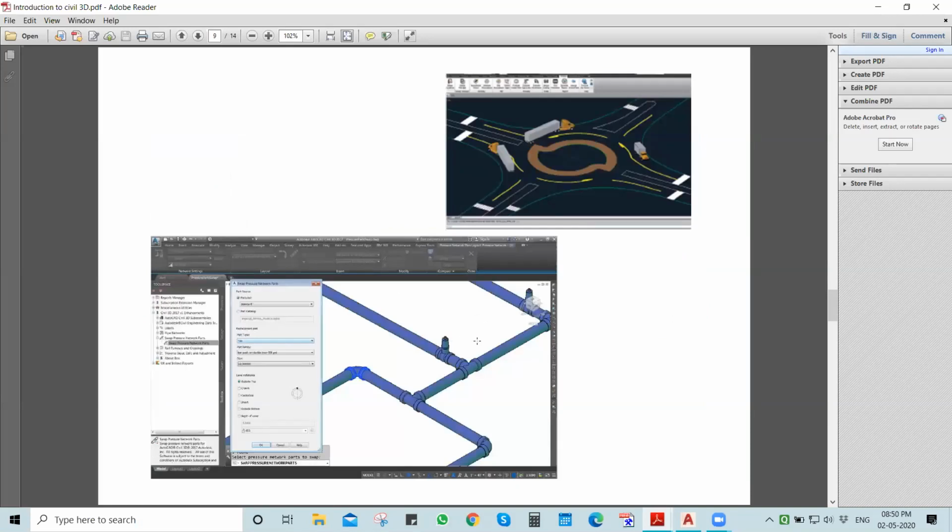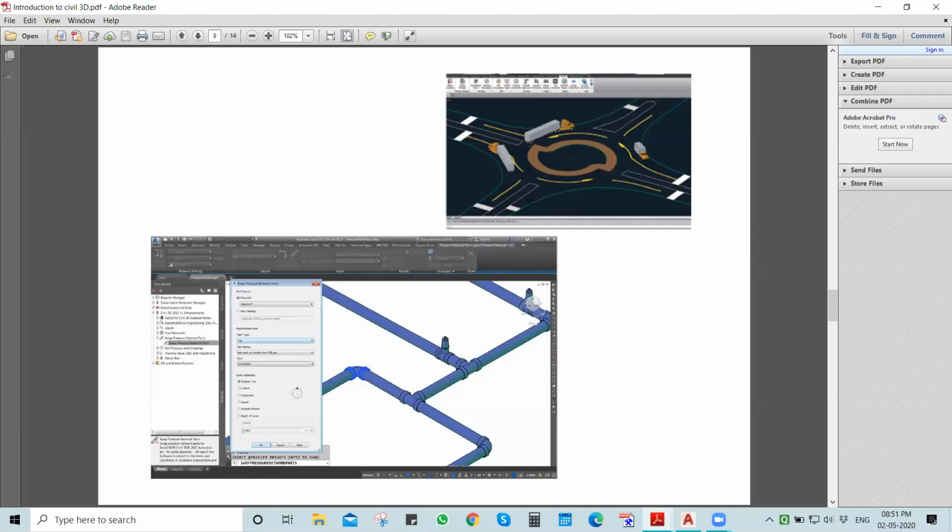This is also the next image where Civil 3D can go up to. Not only the railways or the highways, but we can actually design the roundabouts, highway layouts or road layouts in Civil 3D with all minimum and maximum design criteria. So typically design means not only the structure design, not only the RCC design, it is also land development design. So we do the land development design using the Civil 3D software. We change the layout for the existing terrain, existing ground, as per one of the client's requirements, as per the client's or architect's proposed plan.